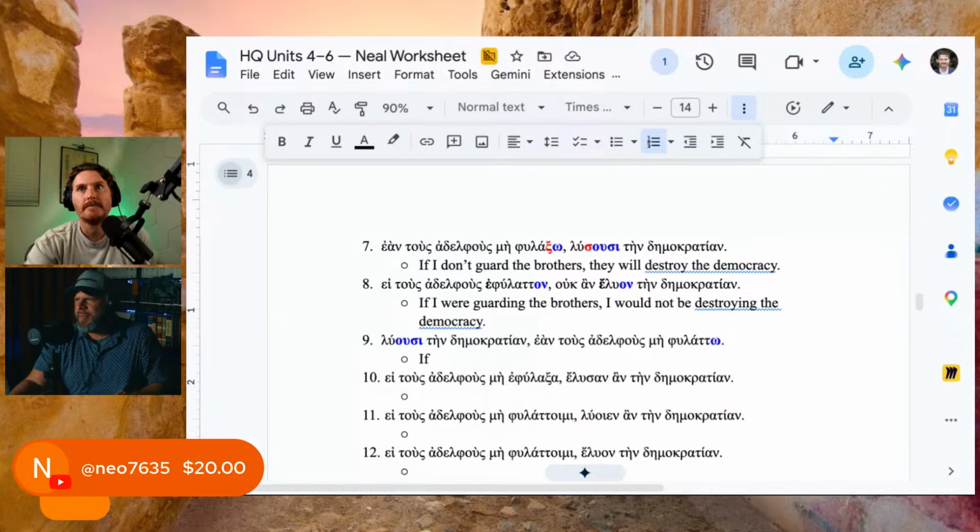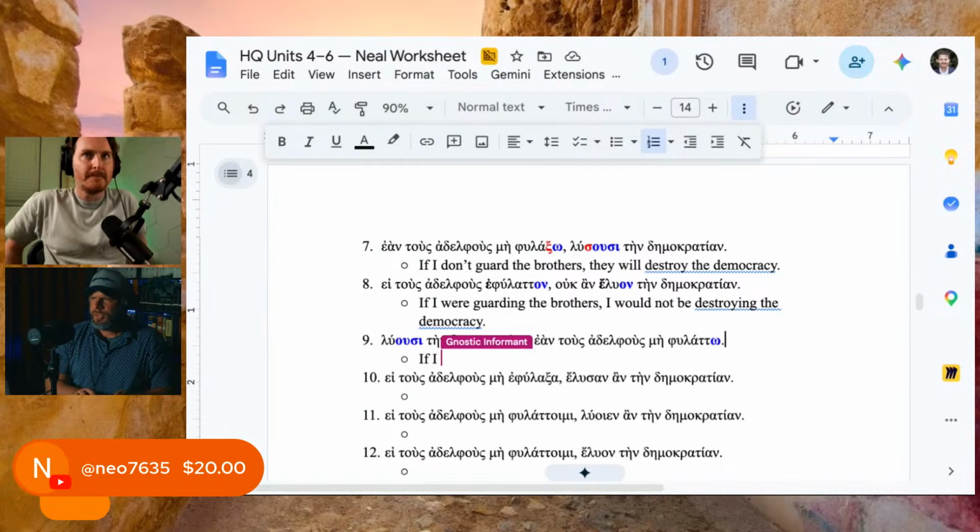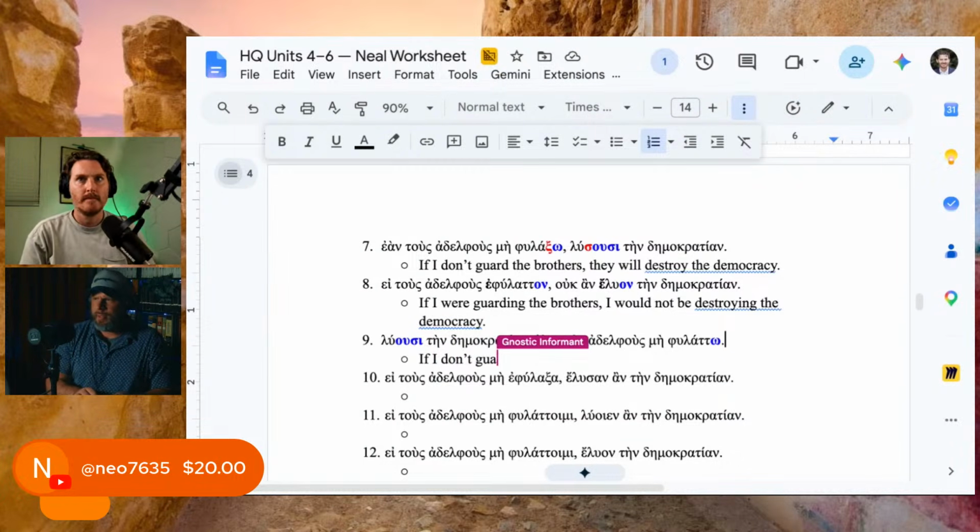Yeah, a plus, and then there's no on. That's why, right? Because there's no on, and because you're dealing with the present indicative in the apodosis. If there was an on here, it'd be future. This is the only construction that has the present indicative in the apodosis. That makes sense. Because the apodosis comes first, it's a little tricky, but it's straightforward. So if I don't guard, right? If I don't guard,